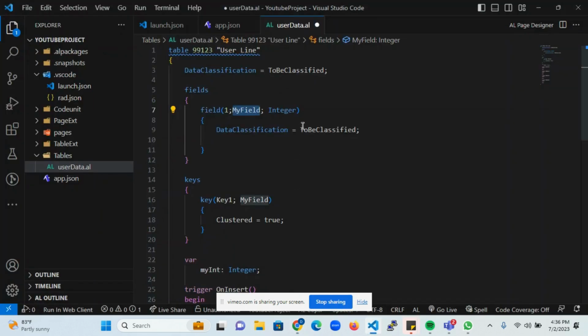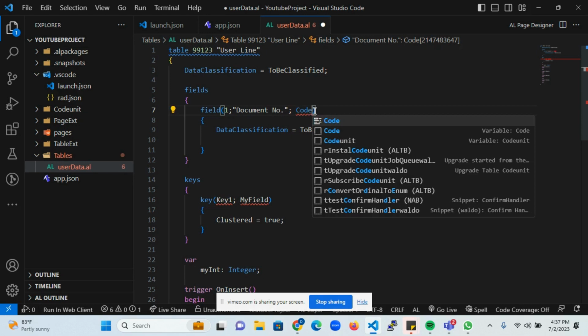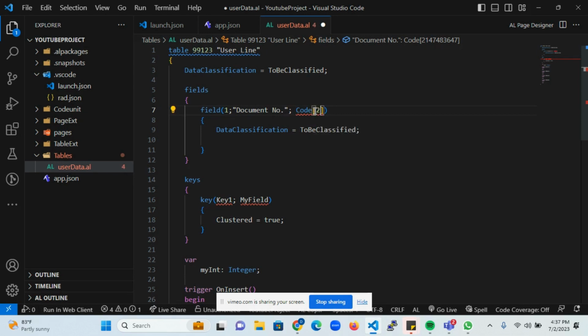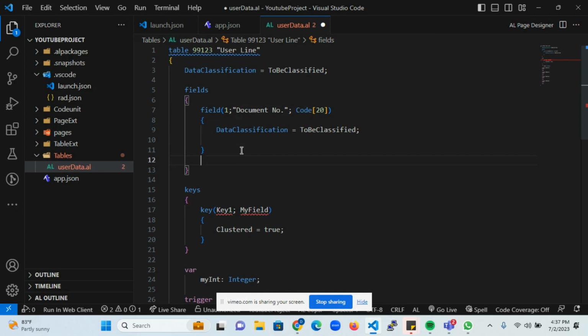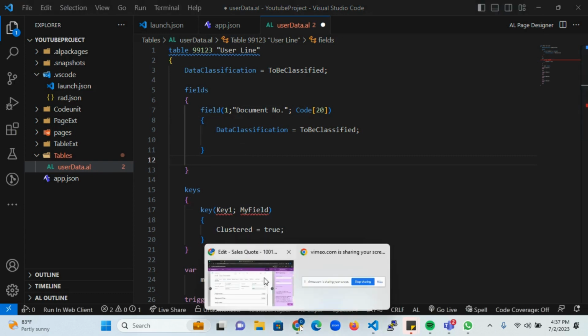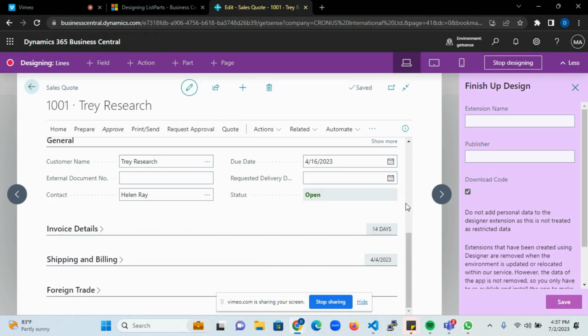All right, so now let's say the first primary key should be a document number also, right? So document number, let's say it's a code, because we also want to be able to accommodate letters and the rest. Usually the primary key length is always 20. The total length for it should always be 20. And there's another thing you have to put. And when we are working with this type of document,